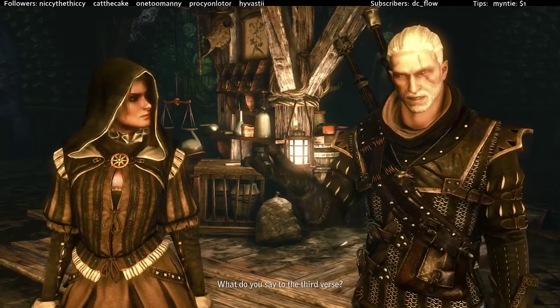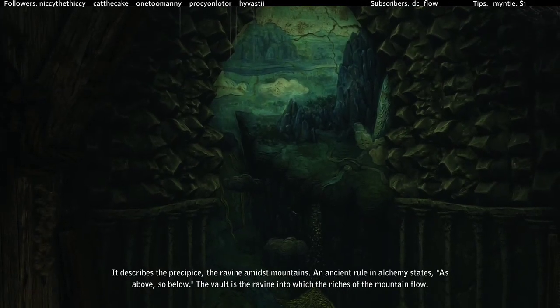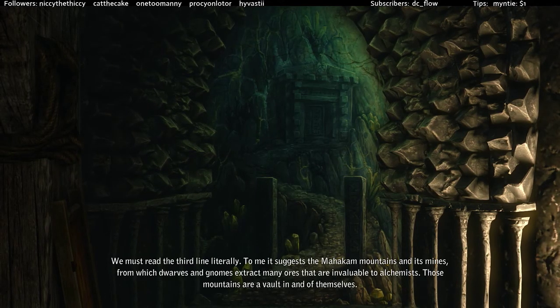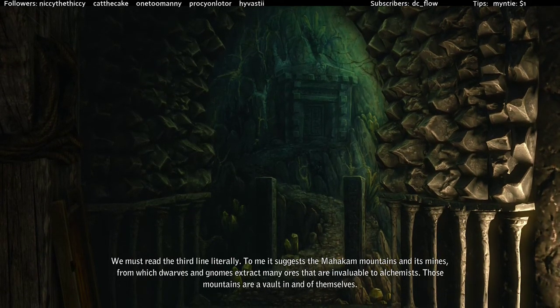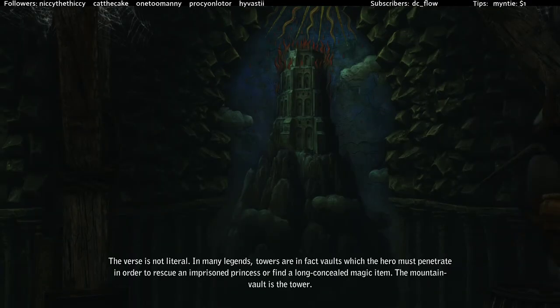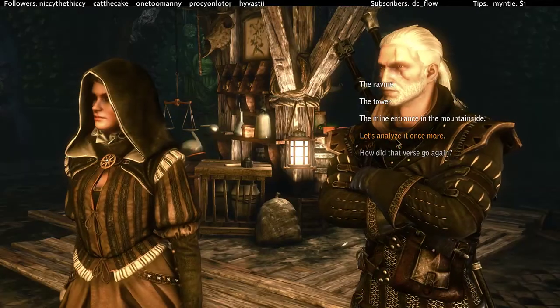Okay. What do you say to the third verse? It describes the precipice, the ravine amidst mountains. An ancient rule in alchemy states, We must read the third line literally. To me, it suggests the Mahakam Mountains and its mines, from which dwarves and gnomes extract many... The verse is not literal. In many legends, towers are in fact vaults, which the hero must...